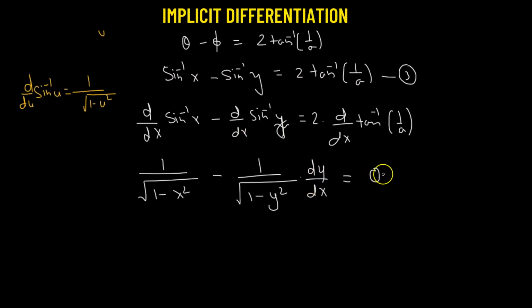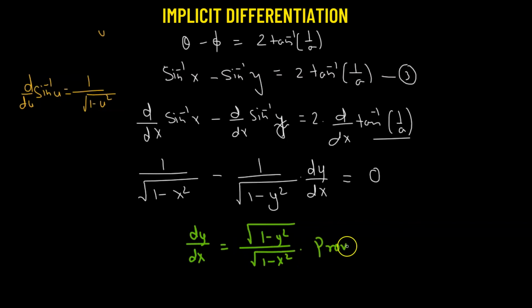This will be equal to 0 because tangent inverse of 1 over a is a constant, because a is a constant here. When we finally rearrange the terms, we should get dy over dx equal to square root of 1 minus y squared divided by square root of 1 minus x squared. So this was what we were asked to prove. Hence,